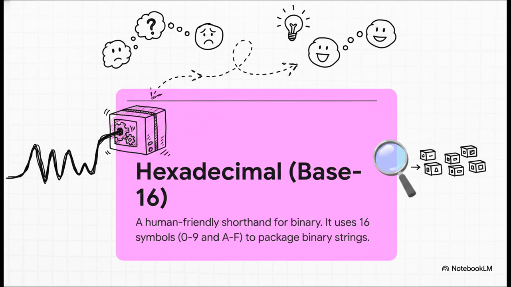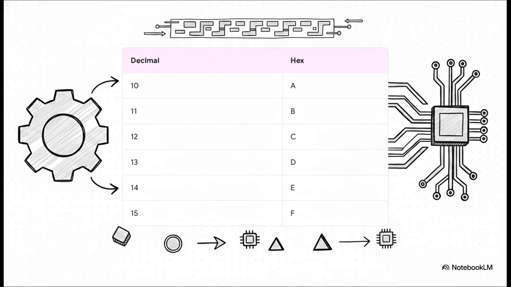If binary is the computer's native language, you can think of hexadecimal as our human-friendly cheat sheet. It's a system that's designed to take those long, messy binary strings and package them into these short, tidy bundles that are much, much easier for us to work with. The trick behind hex, as they call it, is that it uses a base of 16 instead of just 2. So you've got our normal numbers, 0 through 9, but then you need 6 more symbols to get to 16. And what did they do? Super simple. They just borrowed the first 6 letters of the alphabet, A, B, C, D, E, and F. That simple little trick is the key to all of its power.